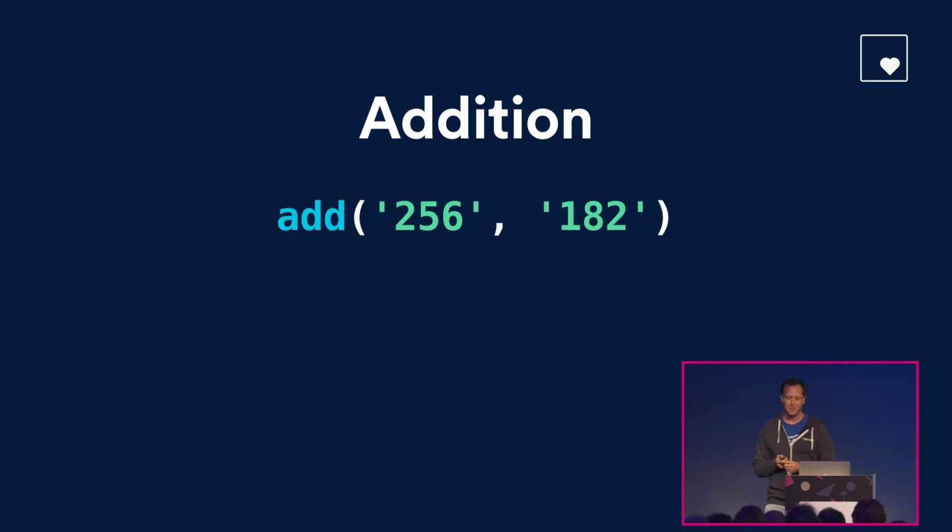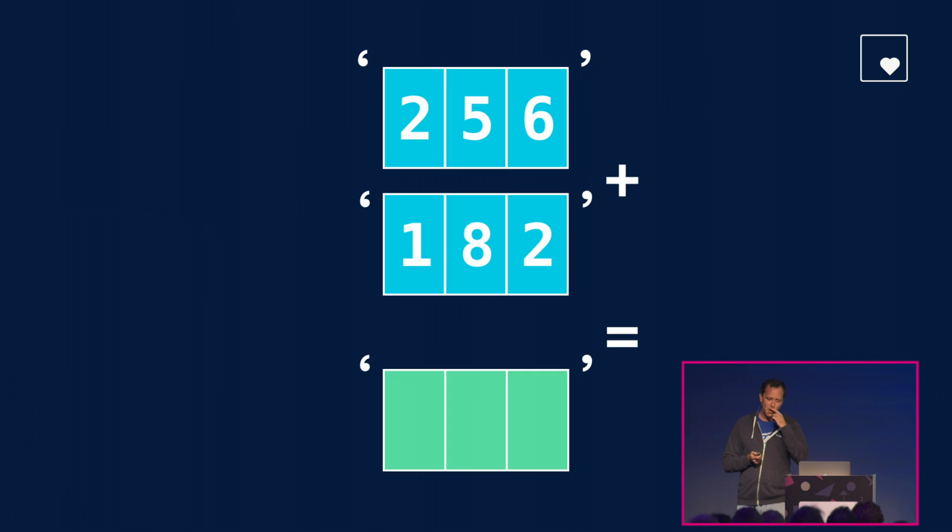Here we go, okay. So say we wanted to do addition with 2 strings. We have the strings 256 and 182. How do we even begin to start doing addition with these numbers? Firstly we could look at the first column on the right. We want to add 6 and 2. And we could create some system where the character 6 plus the character 2 yields the character 8